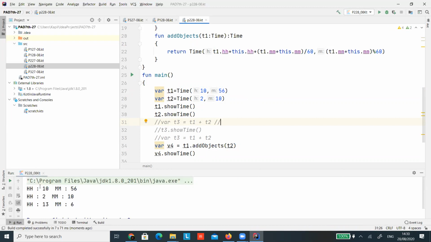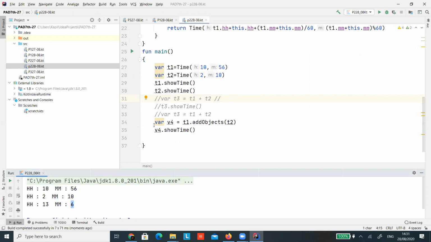So now you can see that 10 plus 2 is 12, and 56 plus 10 is 66, so 60 minutes will be added. So 10 plus 2 is 12, plus 1 hour from the minutes, so 13 hours, and the remainder is 6, so that will be 6 minutes. So this is how this function will work.